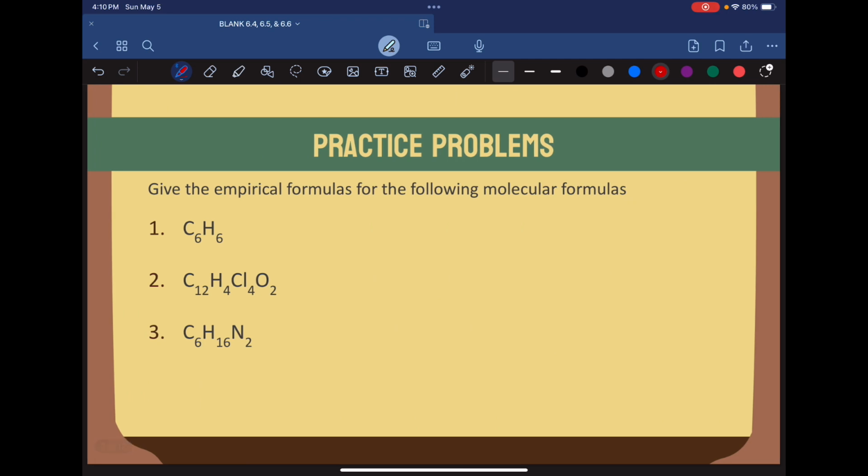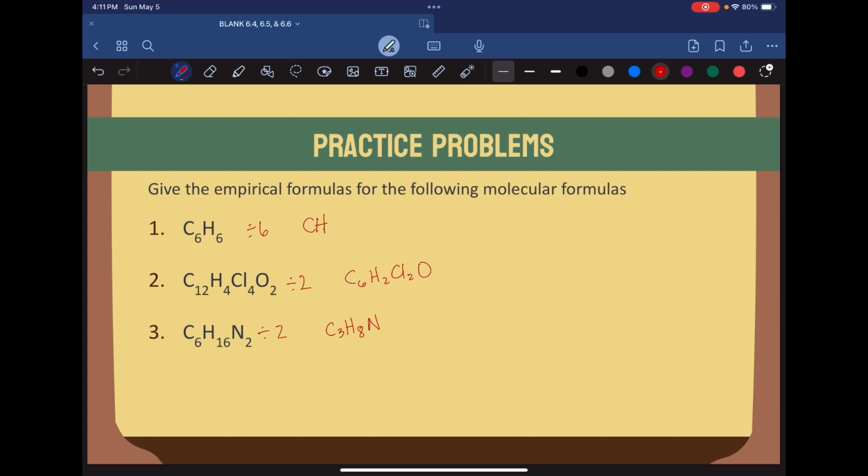So take some time to find the empirical formulas given these molecular formulas. Pause the video and then check back in for the answer. So one is C6H6. If we divide both of them by 6, we would get CH as the empirical formula. C12H4Cl4O2, we can divide all of those by 2, and we get C6H2Cl2O. This bottom one, C6H16N2, you can divide by 2, and then I would get C3H8